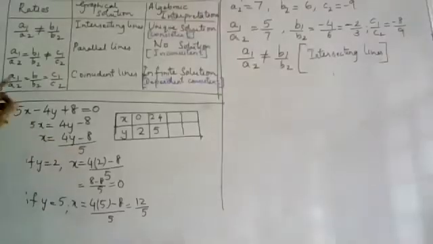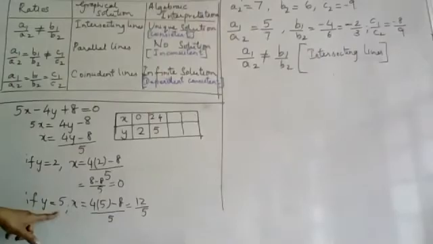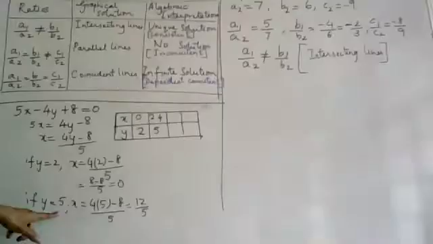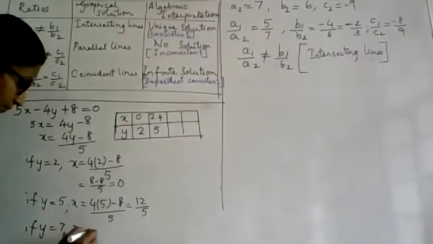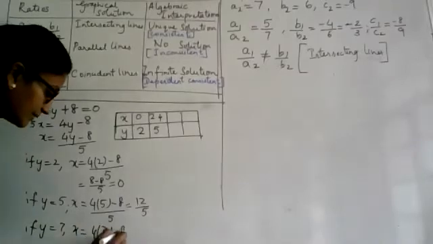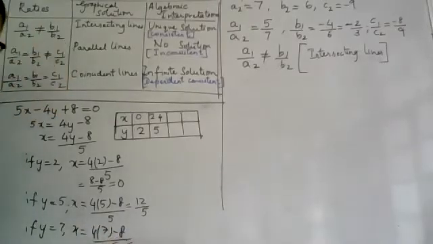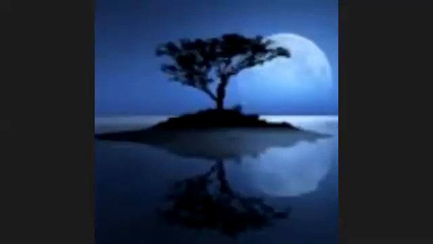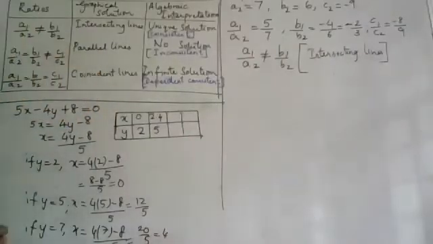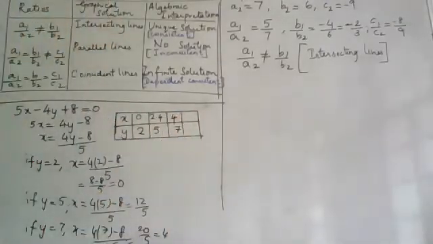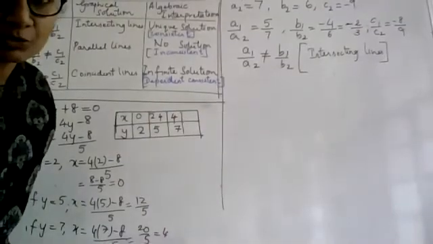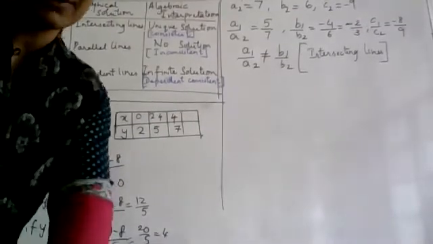We thought then 2 in the 5. 8, 32. No. 7, 28. Yeah, I think 7 will give you a whole number. See, if y equals 7, x will be 4 into 7 minus 8 divided by 5. So that will be 28 minus 8, which is 20 by 5, and hence it will become 4. So when y is equal to 7, x is equal to 4. Yeah? So this is how you should be able to get the first 3 ordered pairs at least.